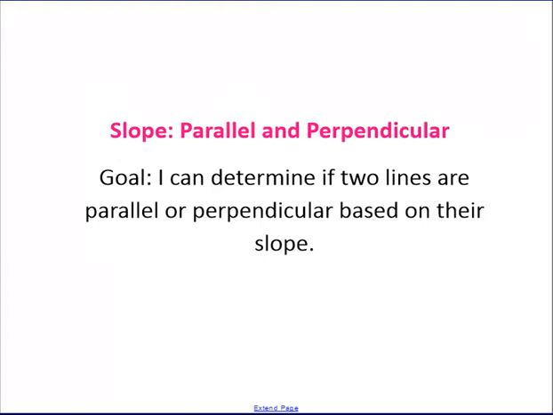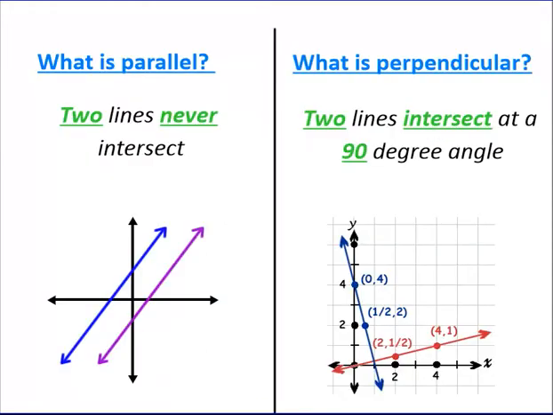All right, so now that we've looked at slope and we've practiced slope, now we're going to look at slope with parallel and perpendicular lines. So your goal for this lesson is: I can determine if two lines are parallel or perpendicular based on their slope. So to start off with, even though you've been working with parallel and perpendicular lines probably since elementary school,